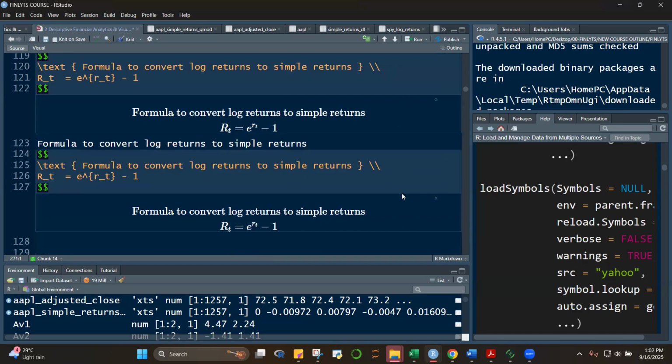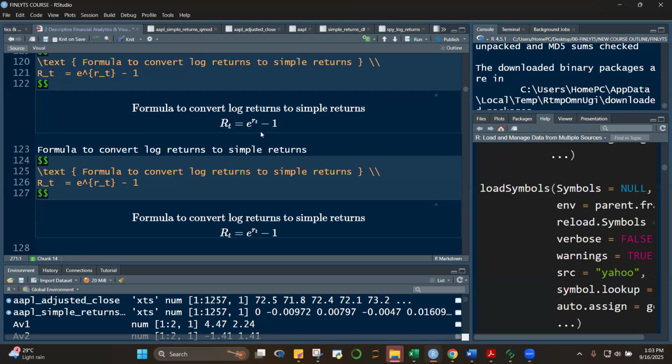And then we said that it's easy to convert your log returns into simple returns. Just use this formula, r sub t is equal to e to the r sub t minus 1, where r sub t is either your daily log returns or your cumulative log returns. And vice versa,